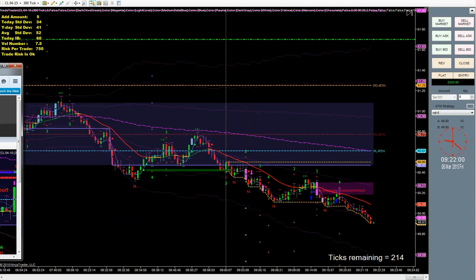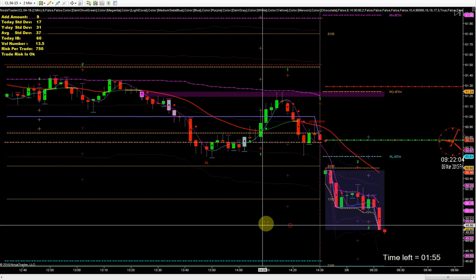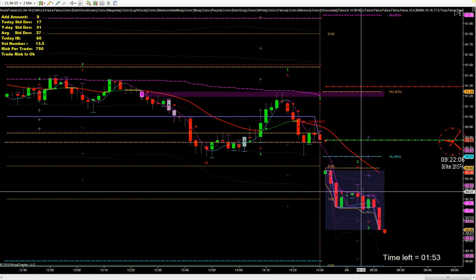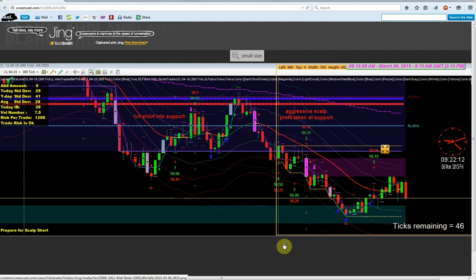And again, that's what I had planned, or would have done if I was paying attention to the high volume node right here, but it is what it is. Like I said, he did exactly what I was thinking I should have done on that trade. Market came back up. He took his second stop off right here at break even. His second trade,